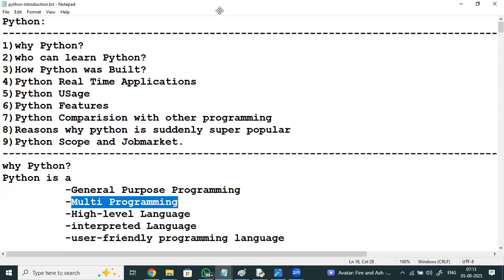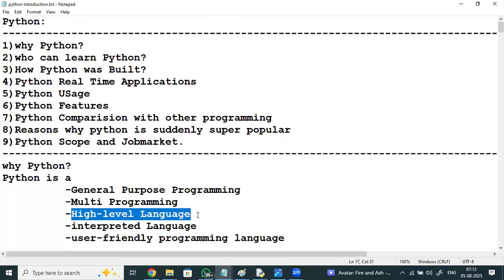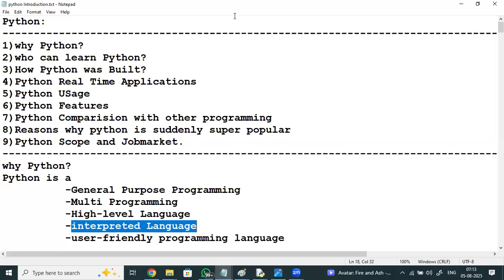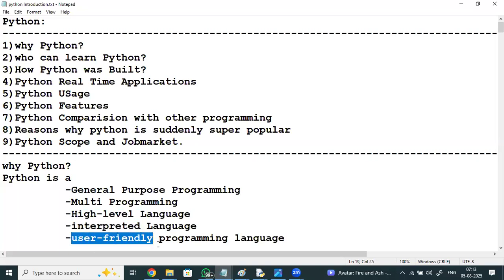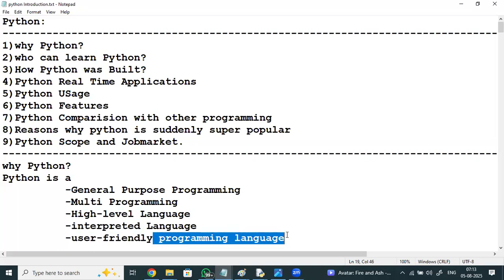All the features we see in other programming languages, we see in Python. It's a high-level language, easily understandable, portable, and machine independent. It is an interpreted language with line-by-line execution, which makes debugging easy, and it is programmer-friendly,